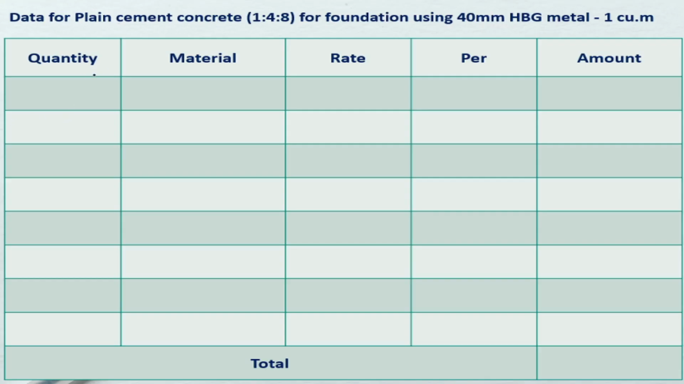Prepare the table with quantity, material, rate, and amount. Amount is in rupees. So enter the given quantities and the materials in this table. 0.92 cubic meter 40 mm HBG metal, 0.46 cubic meter sand, 0.153 cubic meter cement,